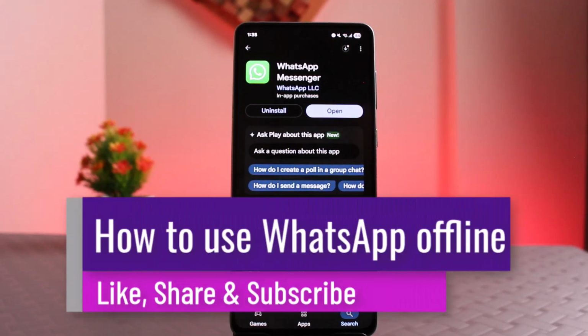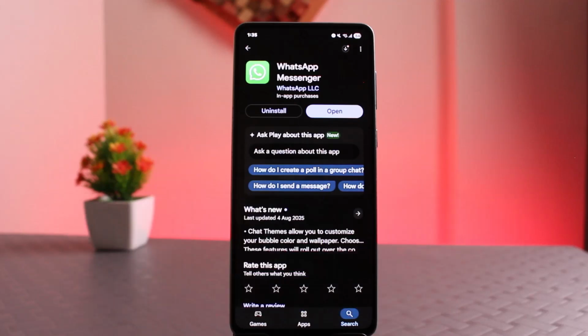How to use WhatsApp offline. Well, WhatsApp, by design, requires an active internet connection to send and receive messages, calls, and other data. It is not possible to use the app offline in the traditional sense, meaning you can't send or receive messages without an internet connection. However, what you can do is appear offline to others or use certain features